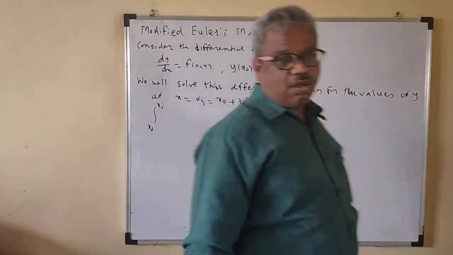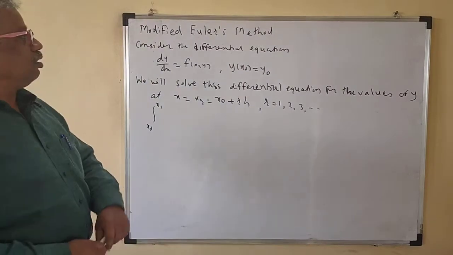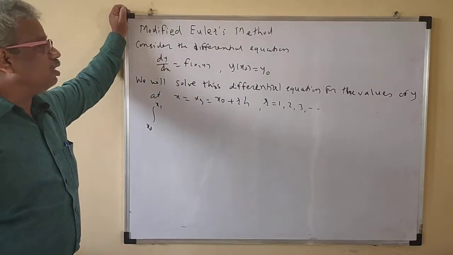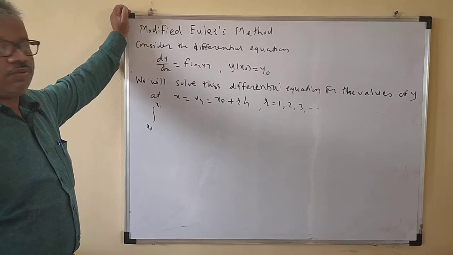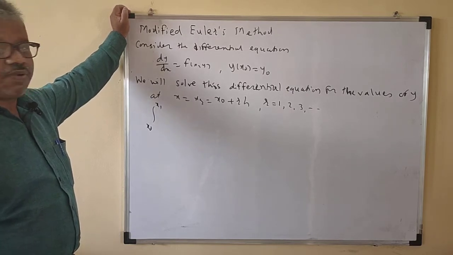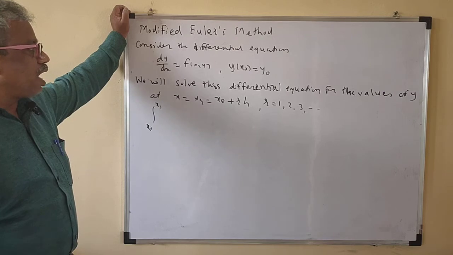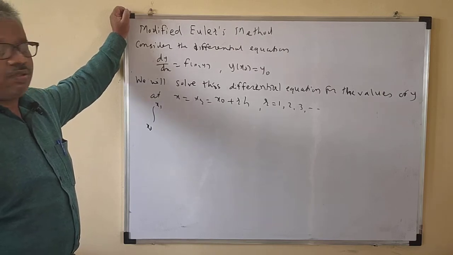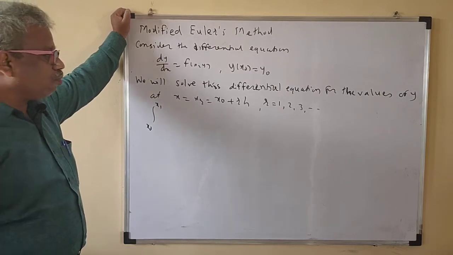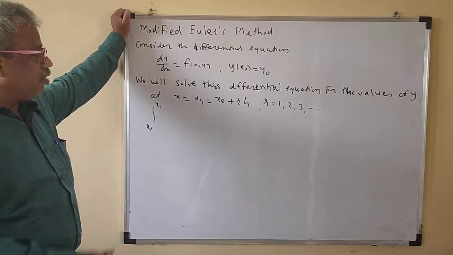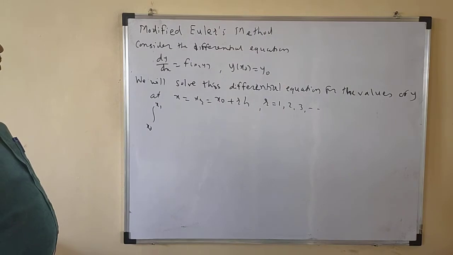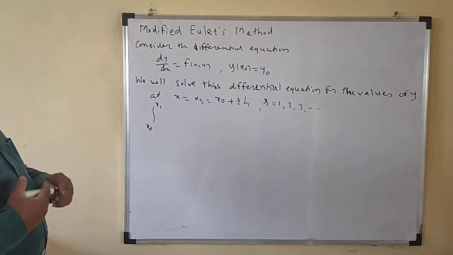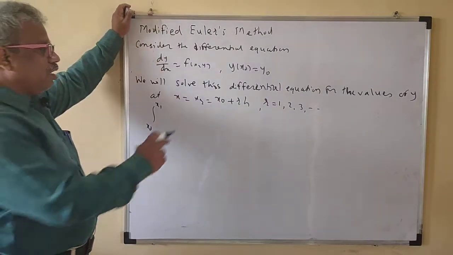Now we will see how to solve a differential equation by using the modified Euler's method. First we will explain the modified Euler method. We have already seen the Euler method, so we have to modify that and then solve the differential equation with the help of this modified Euler method. Consider the differential equation dy by dx is equal to f of x, y,